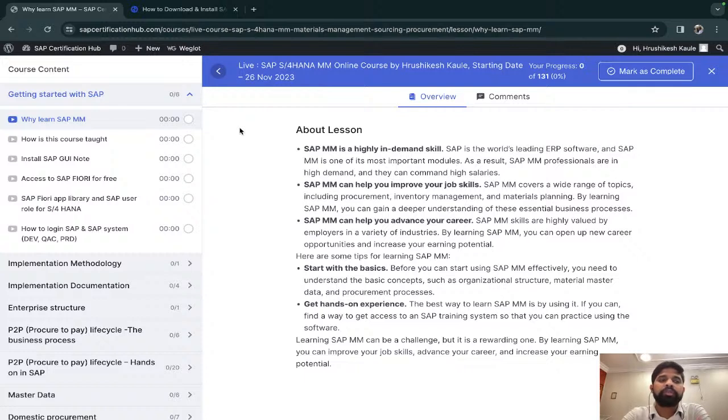Now, SAP is a product which has grown over the last 50 years. Who are the competitors? In competition there is Microsoft Dynamics, then Oracle, but they are not that big. They have a very small worldwide share. So when there is such a good demand for SAP, it means they also need SAP consultants. That is the reason. And the basic modules: in every company where you see SAP, you have SAP MM, SD, and FI.